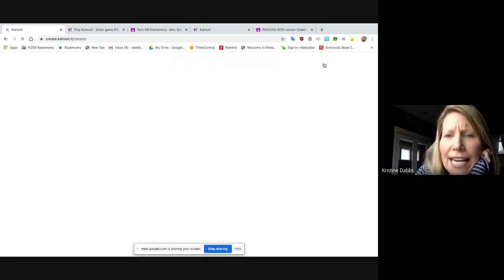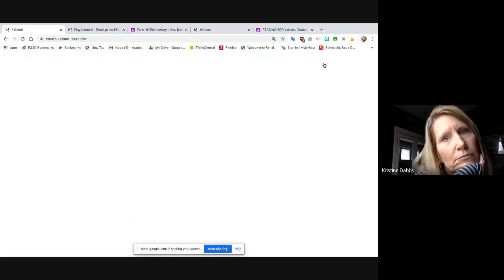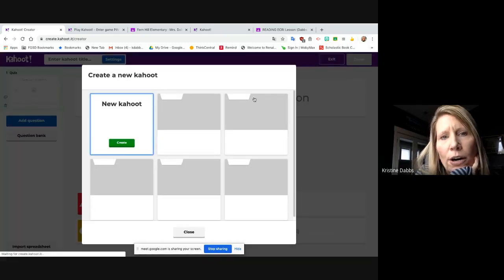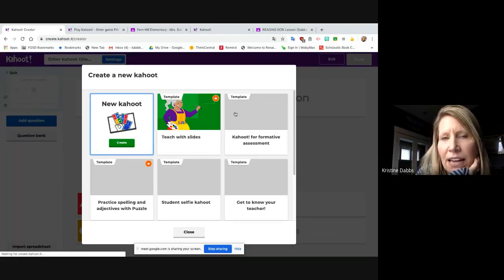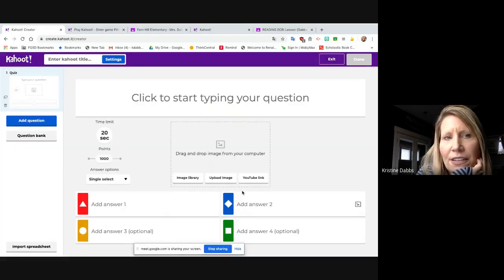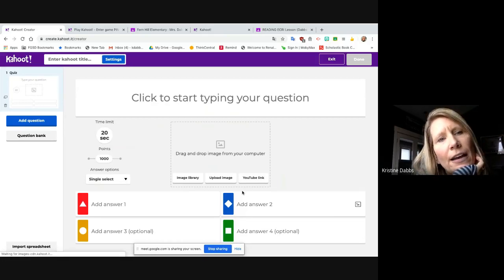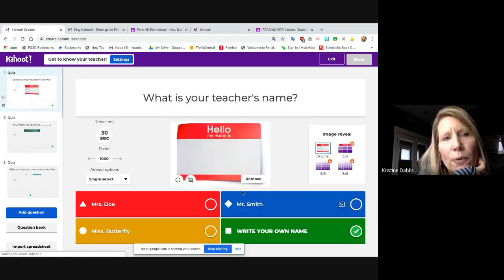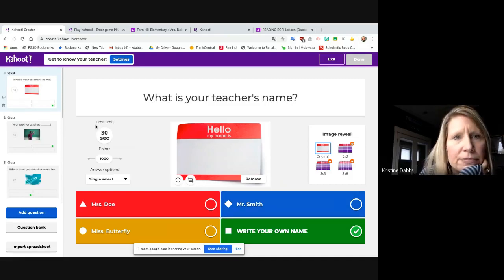And if you hit the create, and I apologize if you guys all know this, but just a friendly thing. It comes up with templates, and you can create your own from scratch, or they have slides, and it seems to be loading a little slow, but they have slides of different formats that you may like. And I clicked for yesterday, get to know your teacher. And it pops up with one already, I think there are 10